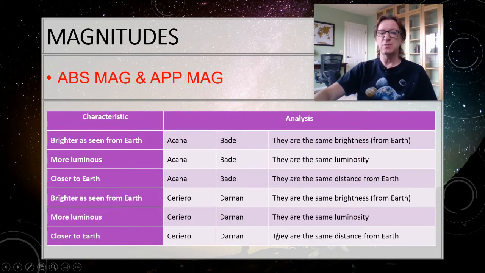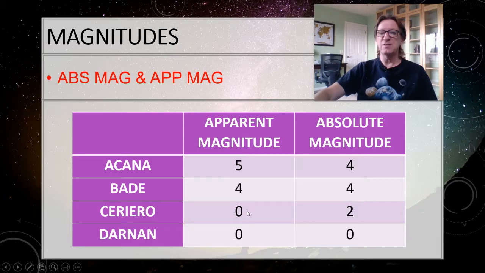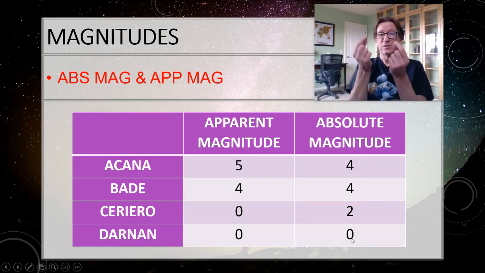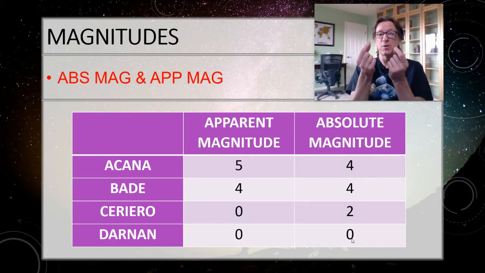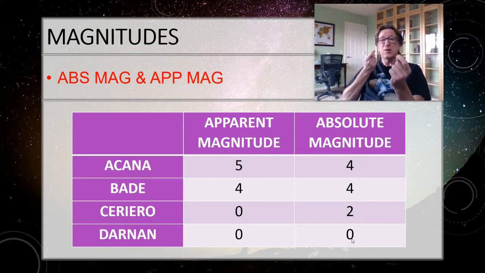So which one must be closer to Earth? All right, well, from Earth, they seem to be the same brightness. They look the same brightness, but we know that star D is actually brighter. So if they look the same brightness to me from Earth, but star D is actually brighter, it must be way back here.